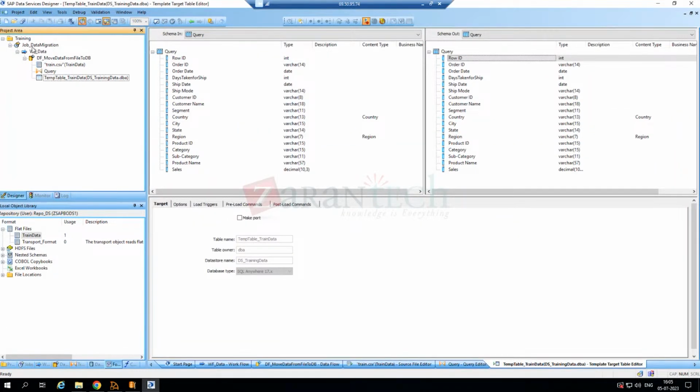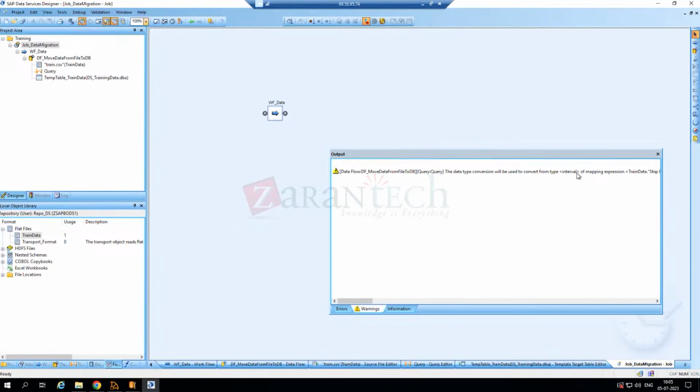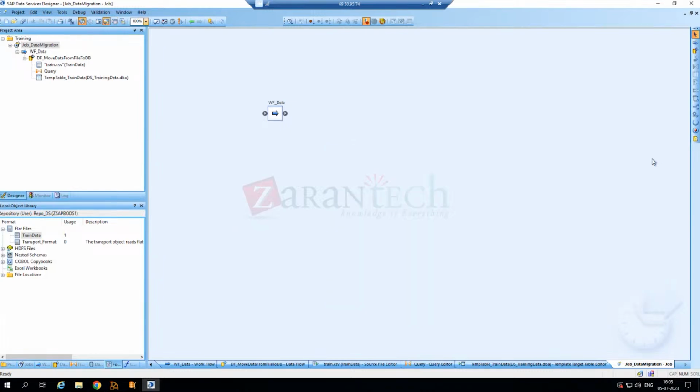If you select the job, now you will validate the whole job. There is again the same warning. We can skip that and click OK. Okay, so let's run this, right click and execute. And there is one more option called start debug. So we will check both the options. Let's start with the